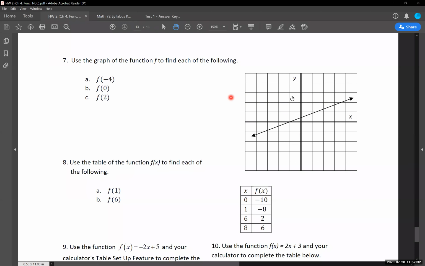But again, the same idea of what have I been given, what am I looking for? F of 0, I have been given an input value, so 0 here. What is its output value? So f of 0. And it looks like maybe about 1/3, maybe 1/2, something like that, right around here. And our last one, f of 2. 2 is the input value, and I need to find the output value. So f of 2, so I'm going over 1, 2. And then my output value looks like it's about 1 1/4, 1 1/3 again. Approximately, that's going to be right at that point on the graph.